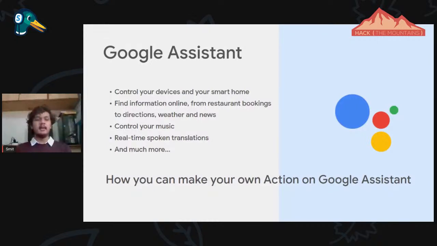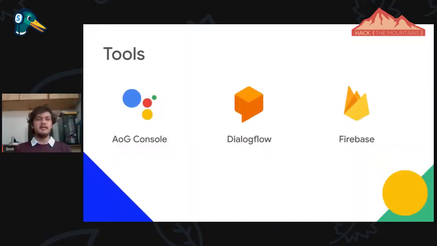So how can you make your own Google Assistant? There are a few tools available which will help you build it. The first is Actions on Google Console, the second is Dialogflow, and the third is Firebase. Actions on Google Console is where you fix the user experience, like how the user will invoke the system, your action. Second, you will train your model and deploy it on Dialogflow. You will actually build your model and give the intent details.